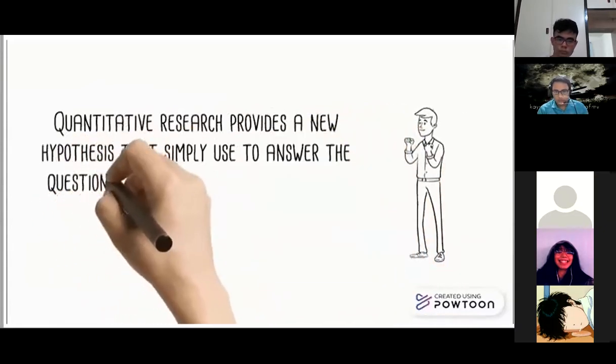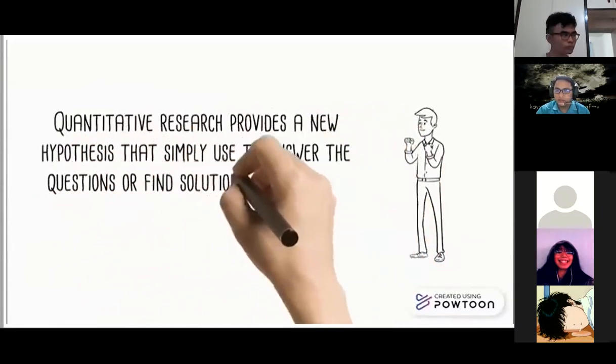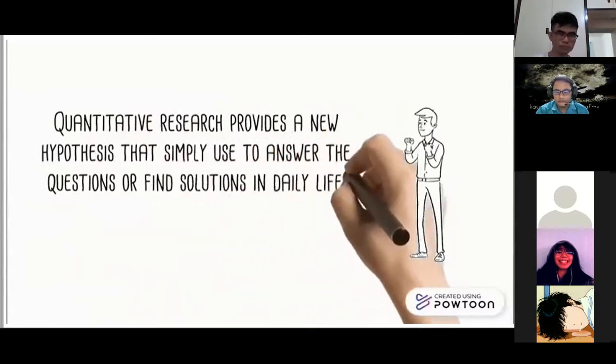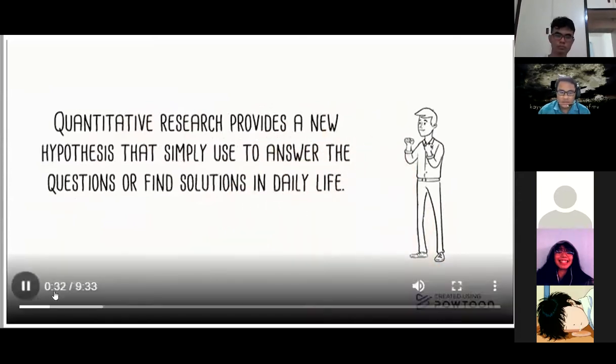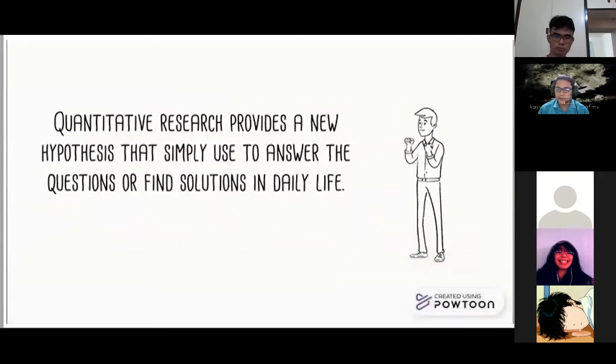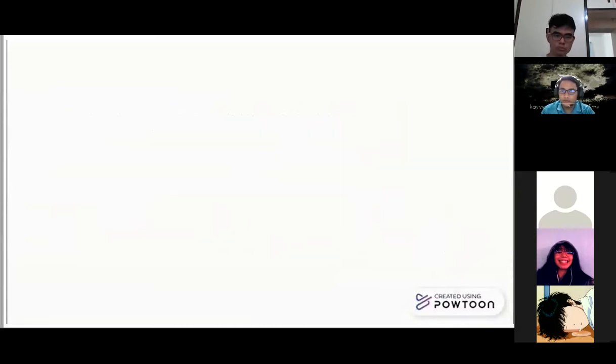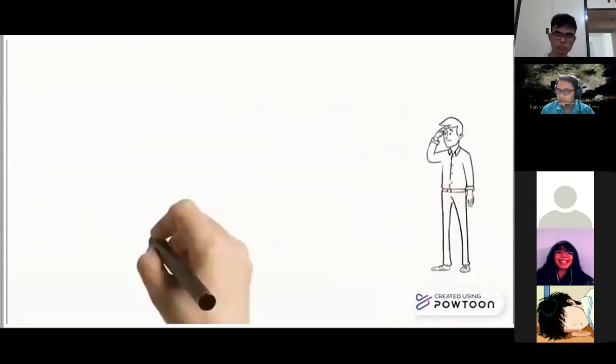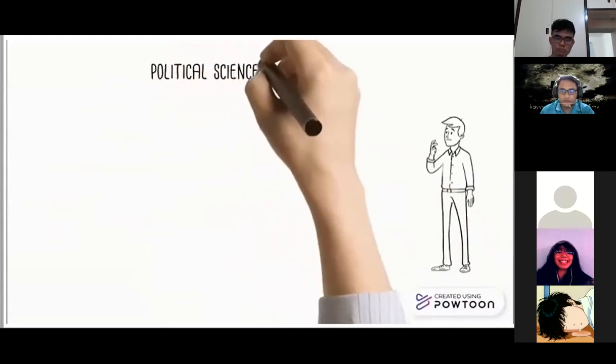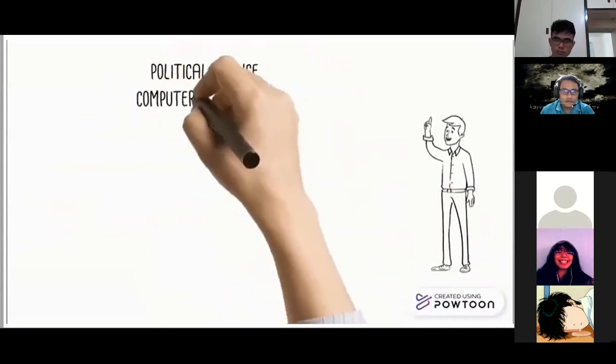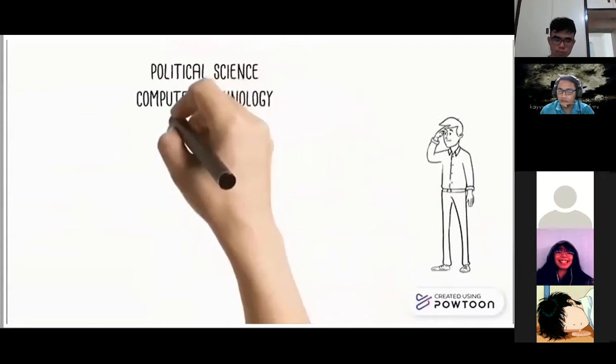It provides more information that helps in decision making and is useful in understanding people, things, places, and events in many locations through mathematics and statistics. Quantitative research can be beneficial across many fields and disciplines, such as political science, computer technology,